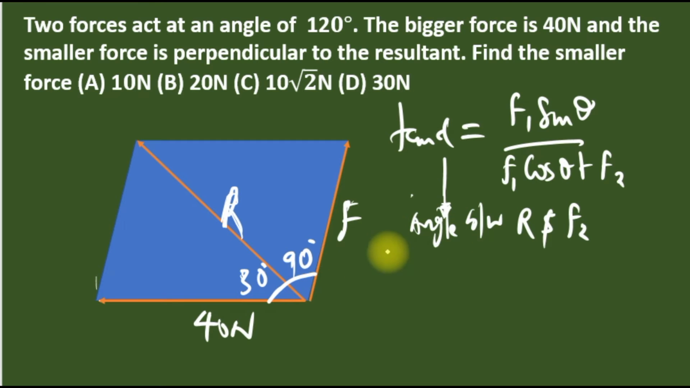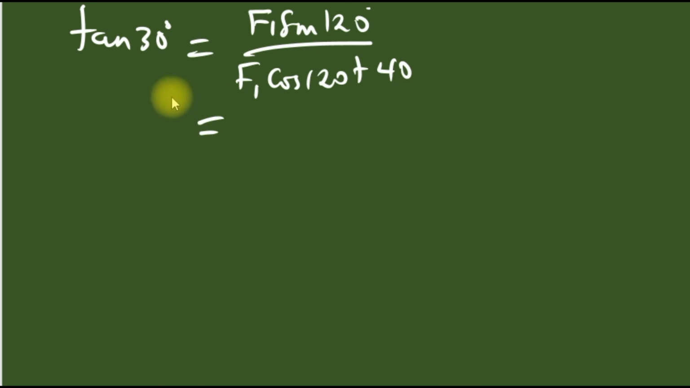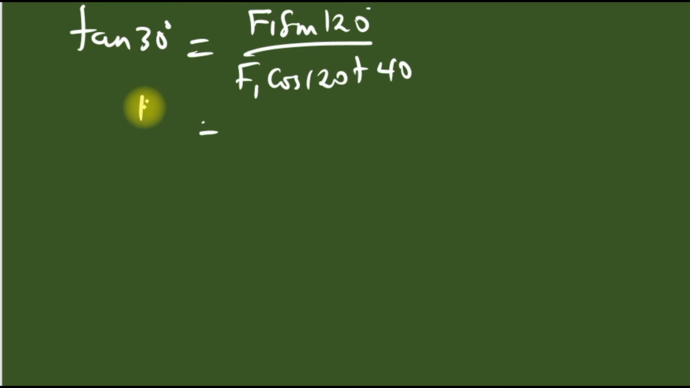So with this, we see that tan 30, because this is the angle between R and F2, and 40 Newton. So it's now F1 sine 120, because theta is the inclined angle, that's the angle between the two forces, which is 120, over F1 cos 120 plus 40. So we know that tan 30 is 1 over root 3. So 1 over root 3 equals sine 120, which is root 3 over 2, F1 over